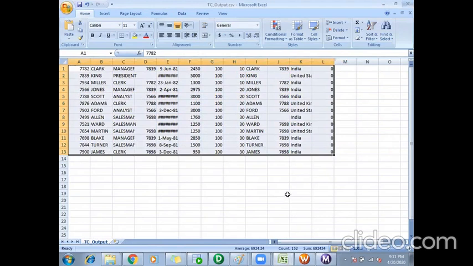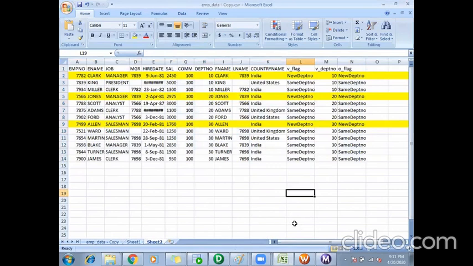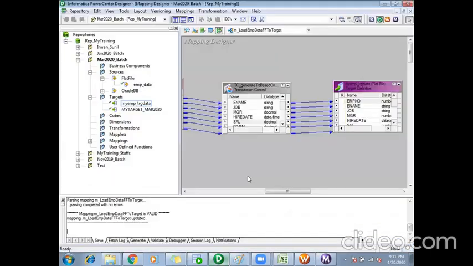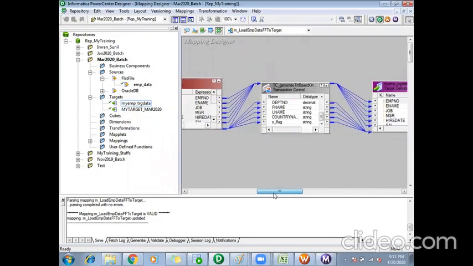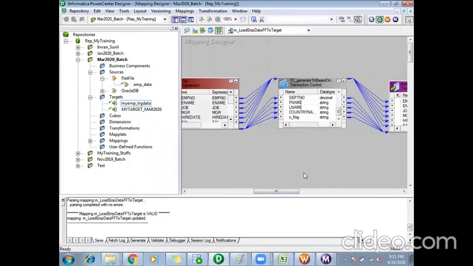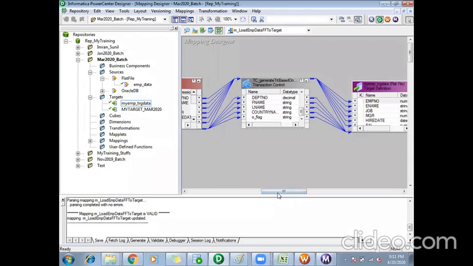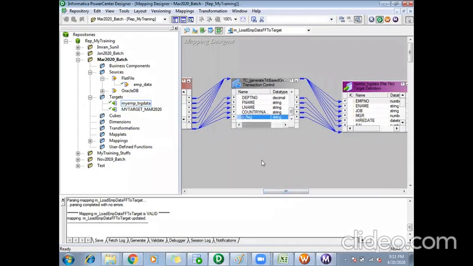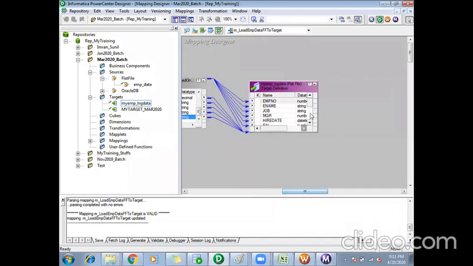Why? Because it still didn't create dynamic flat files for me. Okay, let's see what the issue is. I'm sending this O flag to count.